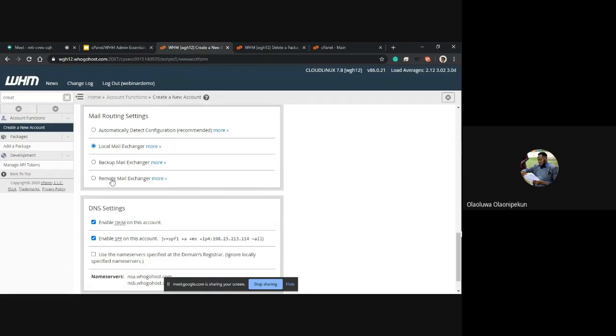But for remote mail exchanger, let's assume that the user has mail hosted on G Suite, or email hosting elsewhere outside the server, then this should be set to remote. The problem is if the mail routing setting is set to remote and the mails are hosted locally, users on this account won't receive mail, it won't come in, because it will be trying to communicate with an external mail server that does not exist anywhere. But if it's on local mail exchanger, then it routes the